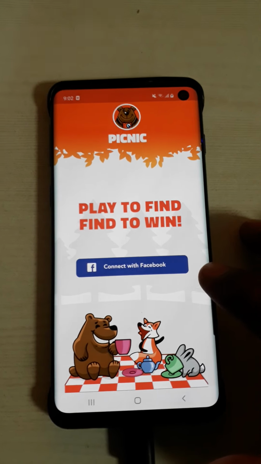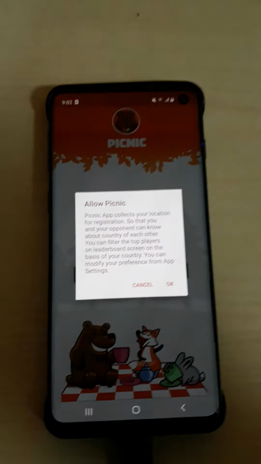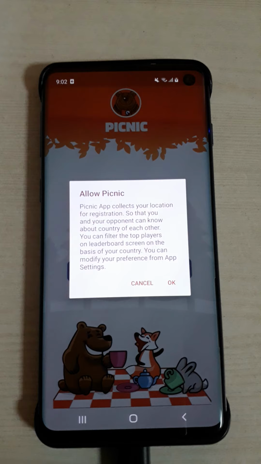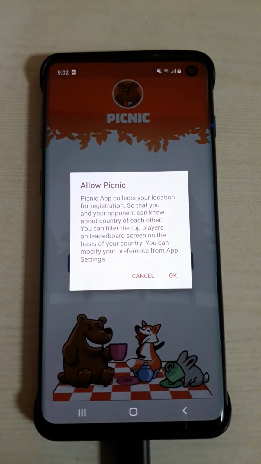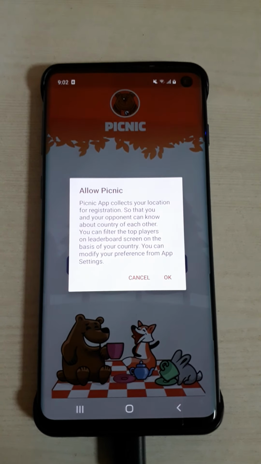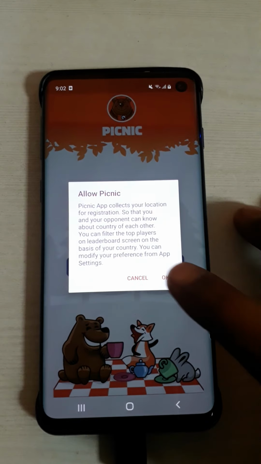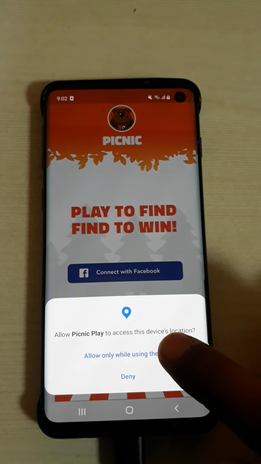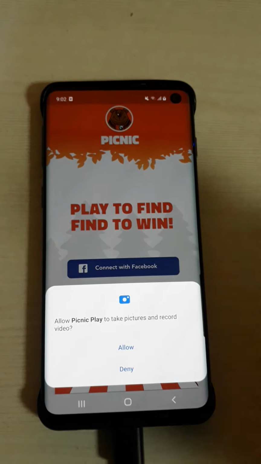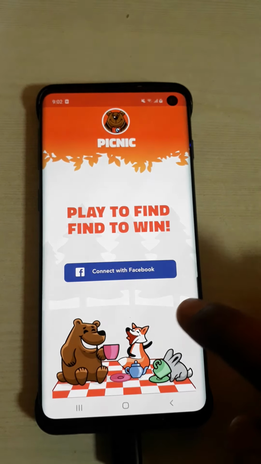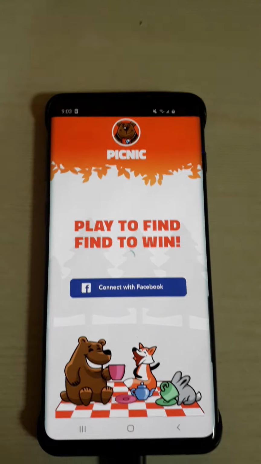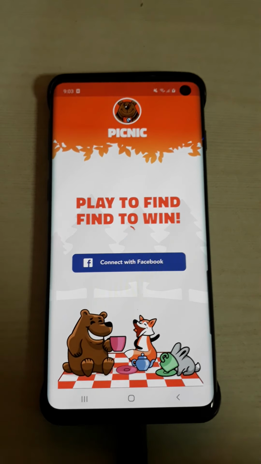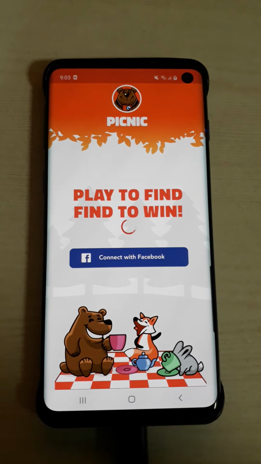Let's look at that. When we click on Facebook, we have declared a location policy form so that the user can accept or decline this form. When the user accepts, we show a permission dialog. When the user accepts this permission, the user can access this app with just a single click on the Facebook button.